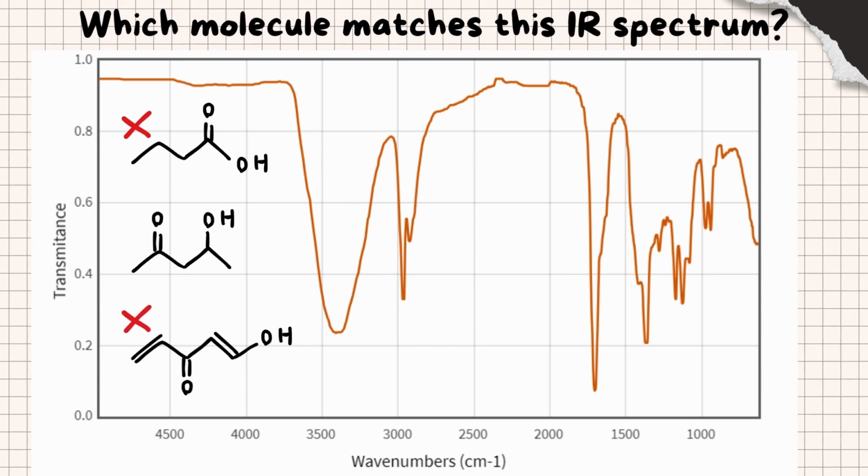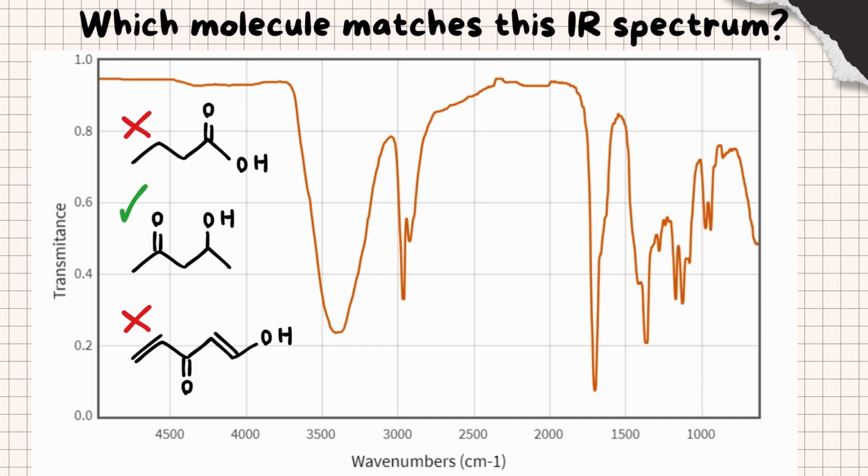I see that there is that OH alcohol peak, and it has that carbonyl peak in 1700, but look at all the carbons. None of them are sp3, so you wouldn't have this peak right here. If you decided to consult an IR key for a little more detail, you'd also notice that sp2-CH bonds would produce a weak peak a little past 3000, and there would also be another peak around 1600. Neither of those peaks are present as well, so however you solved it, that means the middle one, 4-hydroxy-2-pentanone, is